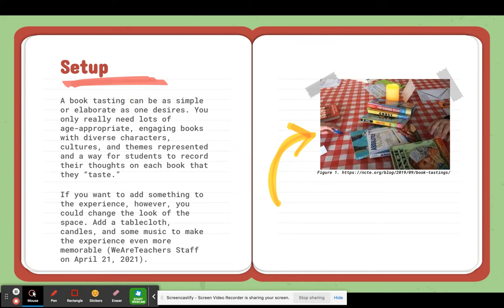And so what I thought was really cool, and I've seen this in my own experience, and I've seen lots of people blog about this in the past, but with book tastings, it's super simple to make it seem a little bit different than the typical lesson. I love my students and I love when I just put a poster in a different spot in the room or I add some lights and they always notice those things immediately. And I think they appreciate the change. And I think it's easy to do with this. You can add a tablecloth, some candles, maybe play some music in the background. That's going to make the experience more memorable, get them more excited about the books that they're going to be looking at.